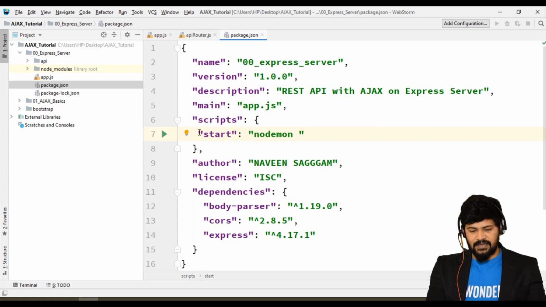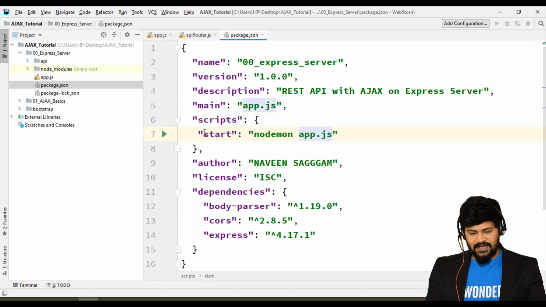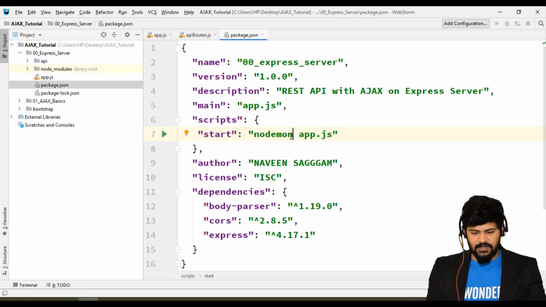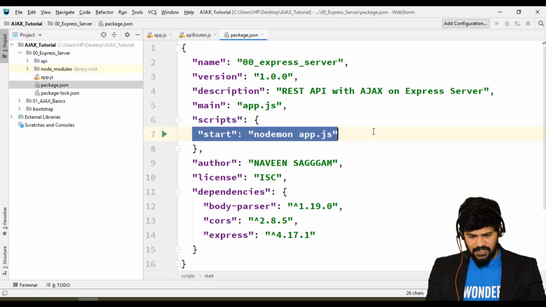You have to install this package separately, and then app.js. If you have configured this, what happens is if you do npm start, it automatically starts Node.js. You can use either node, but I'm using nodemon to restart the server automatically when changes happen on the server side. Fine. So this is the configuration you have to do.